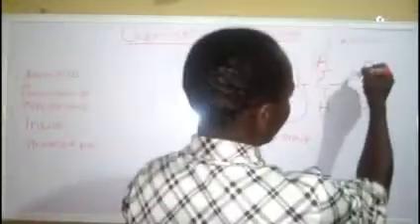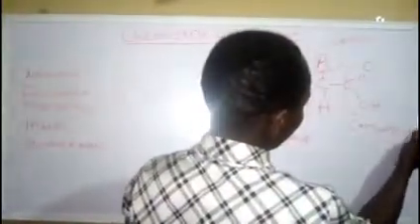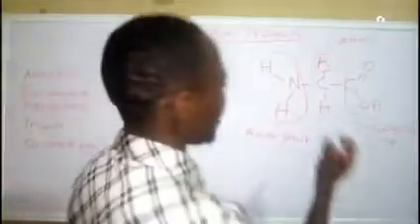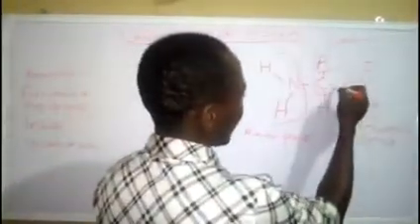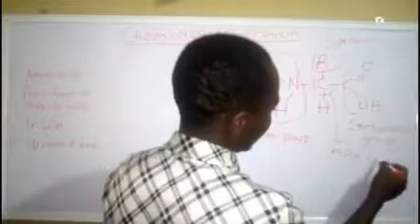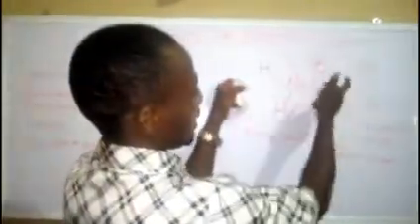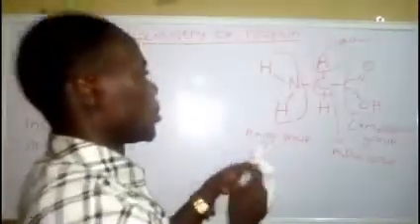This is the carboxyl group. This is the carboxylic acid part of the amino acid. This is the alpha carbon, because it's the one bonded to the functional group. So this is the structure of amino acid: amino group, carboxylic group, the alpha carbon, and also the side chain. That's the structure of amino acid. Now that I've shown you this, I think we can move a little bit